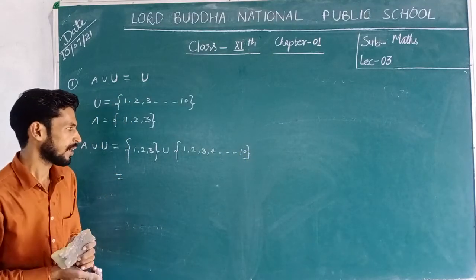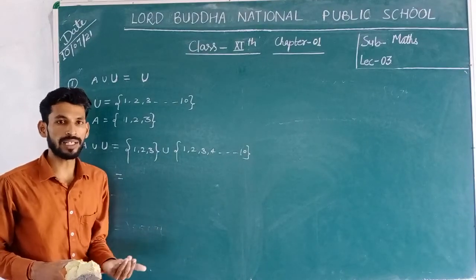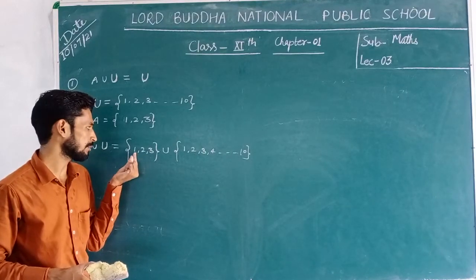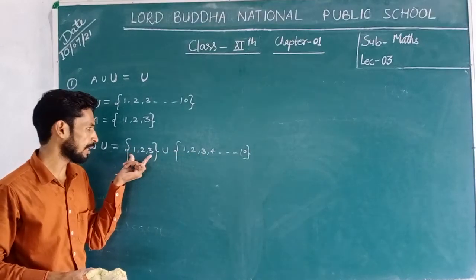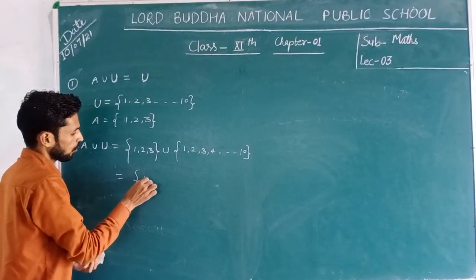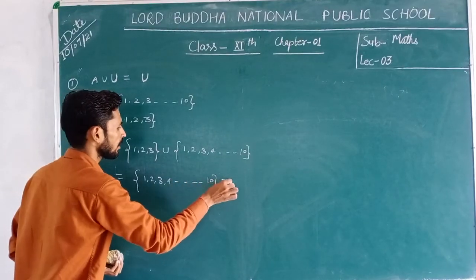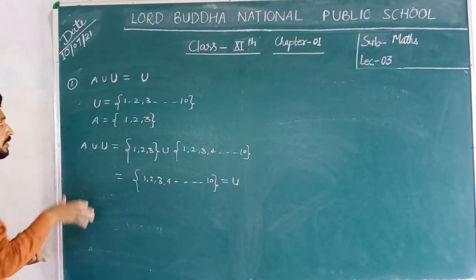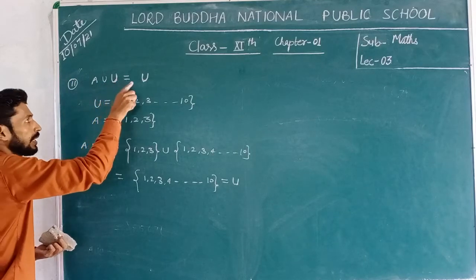So we know that हम कभी भी सेट में किसी भी एलिमेंट को एक से ज्यादा बार रिपीट नहीं करते हैं, मतलब उसका रिपीटेशन नहीं होता है। जब रिपीटेशन नहीं होता है तो इसका मतलब 1, 2, 3 यहाँ पर भी है, 1, 2, 3 यहाँ पर भी, तो लिखेंगे एक ही बार। तो ये जितने भी एलिमेंट्स हैं वो कॉमन है यूनिवर्सल सेट से। तो हमारे पास जो आंसर आएगा वो क्या आएगा, 1, 2, 3, 4 और वो कहाँ तक 10 तक। That is equal to U because all the elements of set U, that is the universal set. So we can say that A union U equals U.